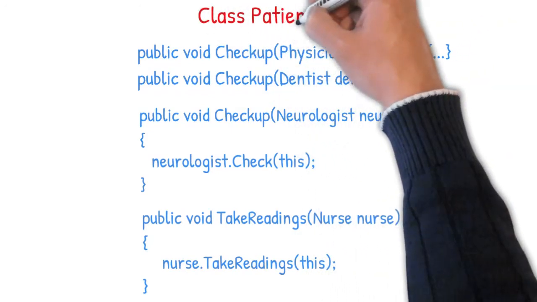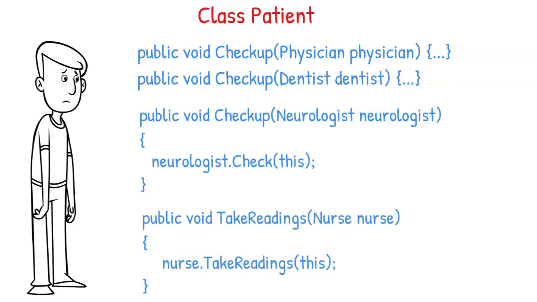Great, mission accomplished. But is it the right way to do it? I think not. What if in future the number of doctors or nurses or any other type of people who visit the patient increases in number? Are we going to make the patient class overcomplicated by adding n number of such methods? Definitely not. Okay, what to do now? How to overcome such situations?